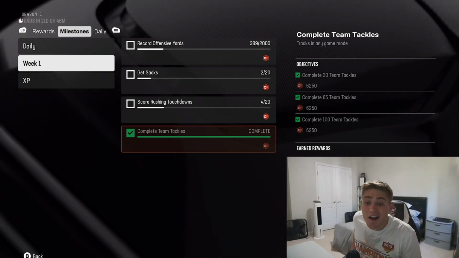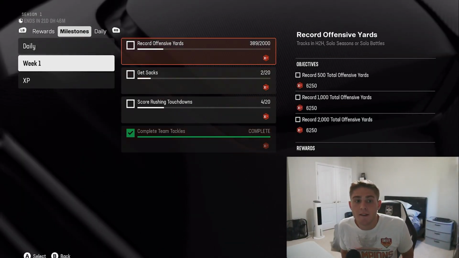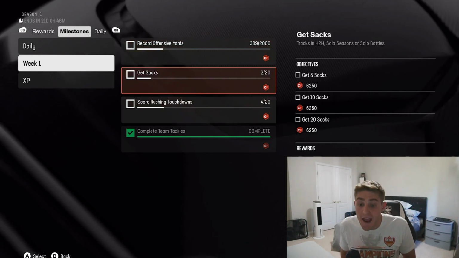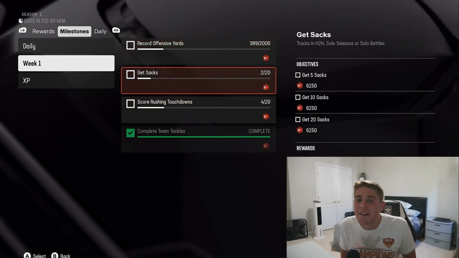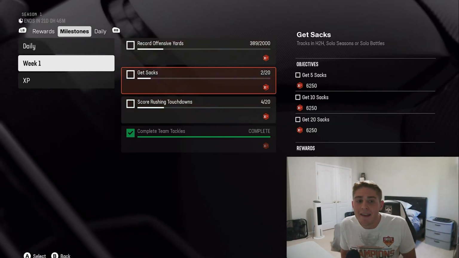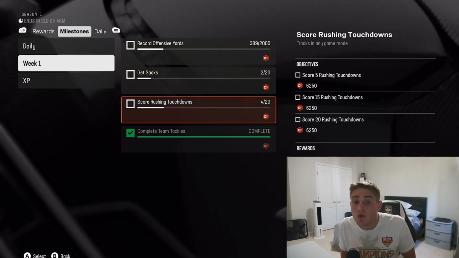So Moshi math is not a real thing, so we had to whip out the calculator, but this is 75,000 XP available to claim day 1. You guys can come in here and get these all done. Now, when I said you have to pay attention, it's because these different objectives, you can only do them in